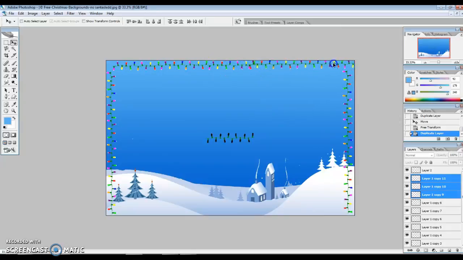Put it over here now. I'm gonna put it on top of this one here. And now I'm gonna select this layer as a whole. And to do that,